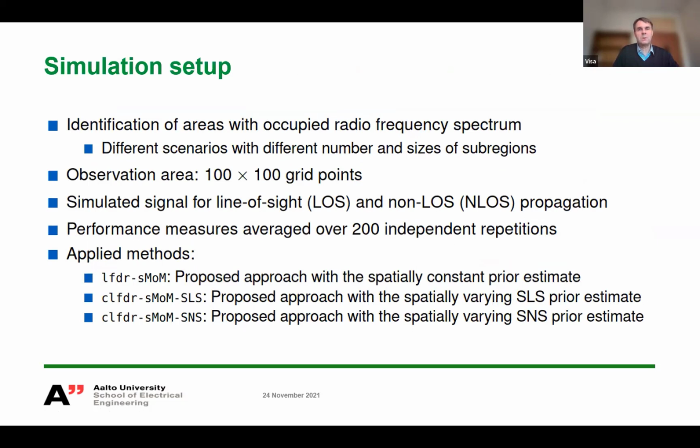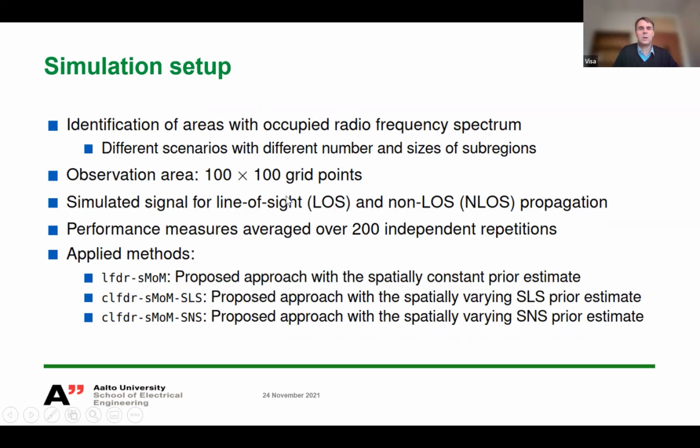Just to illustrate how this would work in practice. We are all interested in monitoring the radio spectrum, and of course there may be multiple active transmitters at the same time, and then you want to characterize those areas where the spectrum is being occupied by these transmitters. For the simulations, we assume that we have 100 by 100 grid points, and we consider both line of sight signals and non-line of sight